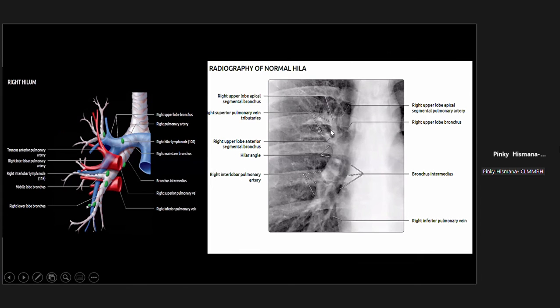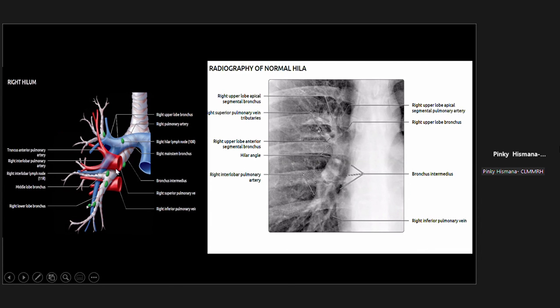So this is a picture of your right hilum. It is different from your left, especially when we talk about the airway, because as you well know, on the right you have the right upper lobe, right middle lobe, and right lower lobe. On the other hand, on the left, you just have your left upper and your left lower lobe. That's why your right main bronchus is divided actually into your right upper